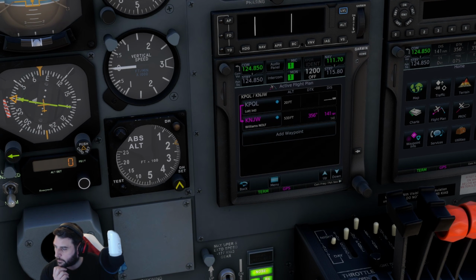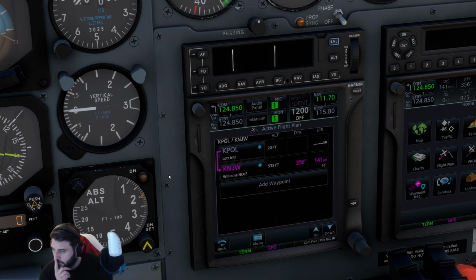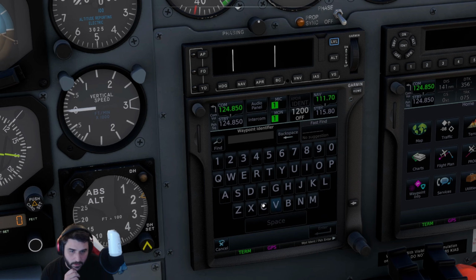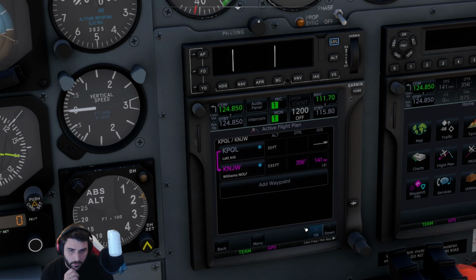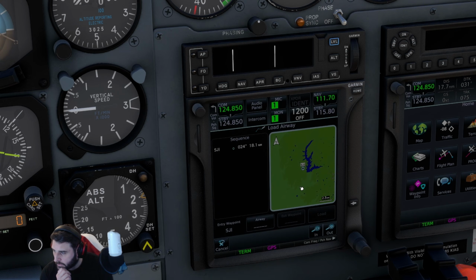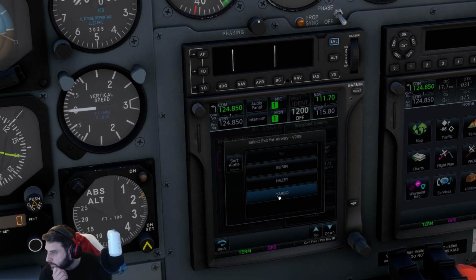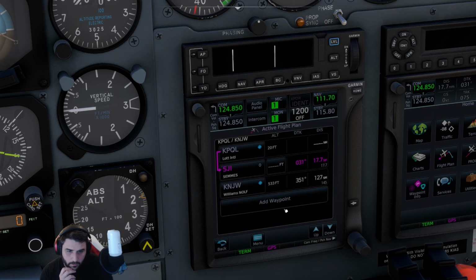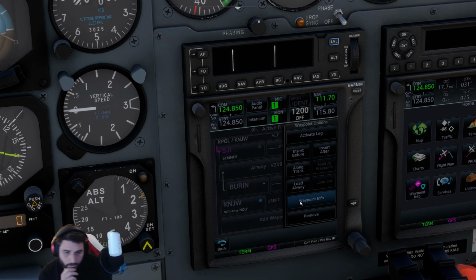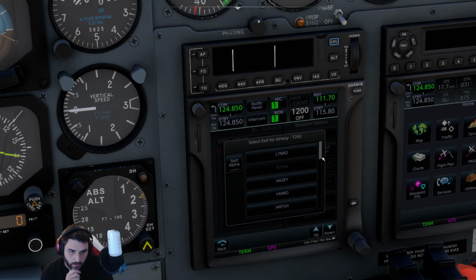Right, I need to put our route in, our flight plan. So from takeoff, we are going straight to Sierra Juliet India, GI. Then we're loading an airway. We're going on the Victor 209 airway. Victor 209 to Burning. Wallop. Beautiful. And then we're going on another airway, which is Tango 292 to